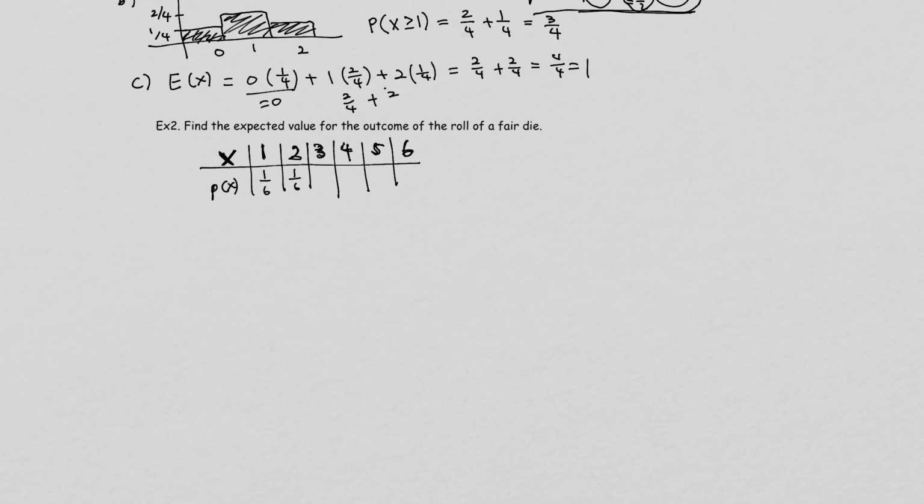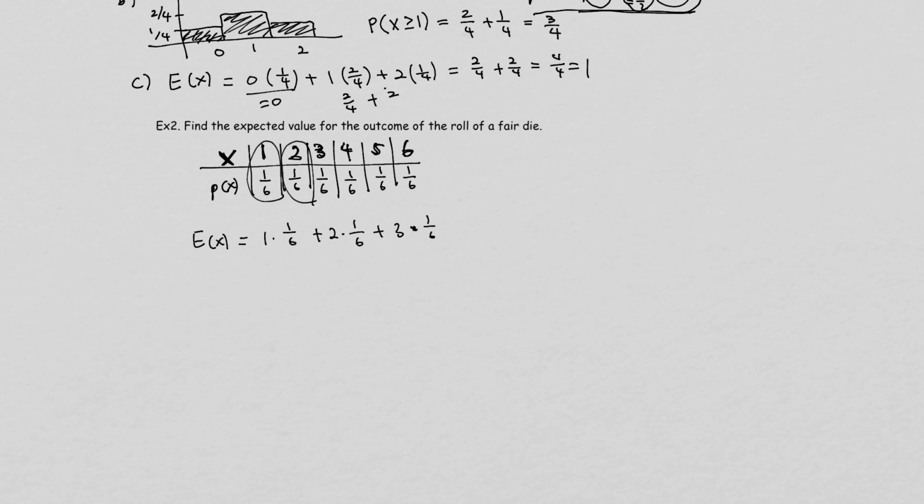All of this is going to be 1 out of 6. Every time you roll, it's a 1/6 chance you're going to get each of these numbers. So how do we find the expected value of this? It will be 1 times 1/6, right? Plus 2 times 1/6, right? Plus 3 times